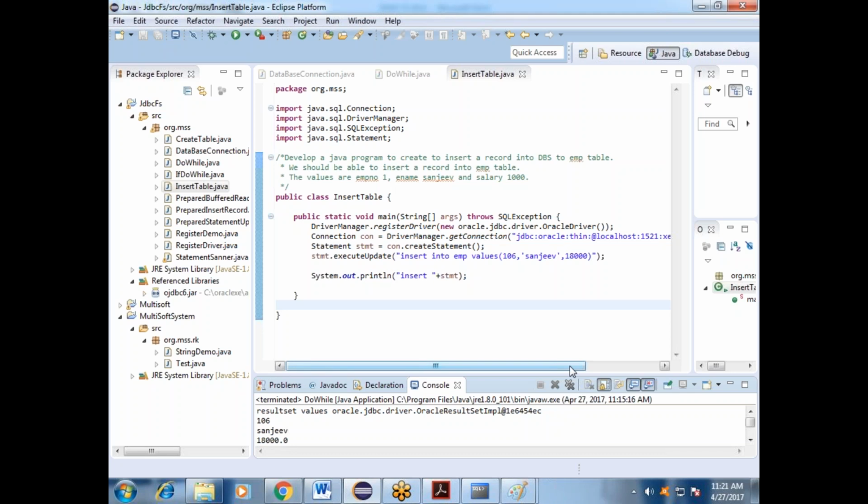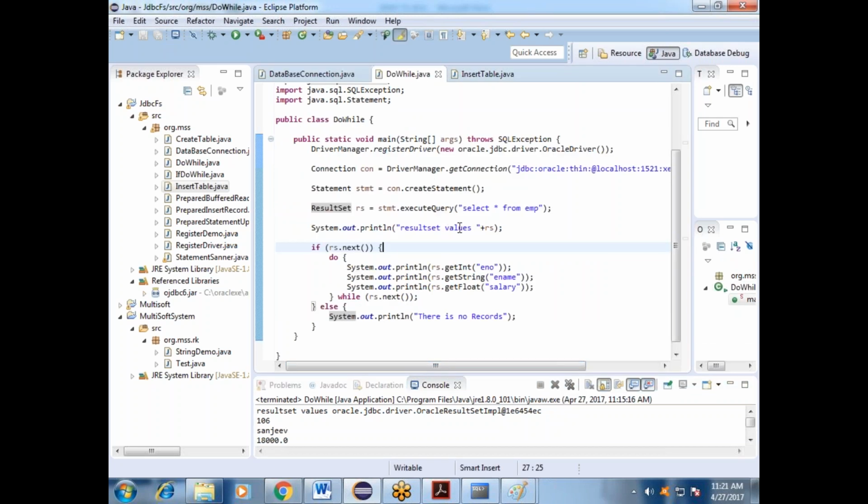Yeah, I am able to see the result set hash code. Yes, this is the way. Whenever people ask in an interview, if your ResultSet holds all the data records of the employee, how will you identify them directly?